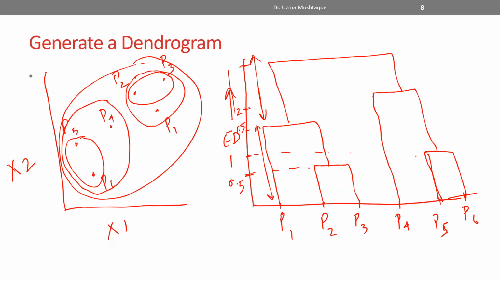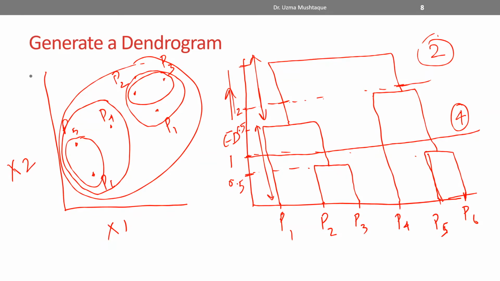If I set my threshold to 2, that passes somewhere here, right? Just notice how many lines it cuts. How many lines does it pass through? So in this situation, if my threshold was 2, and let's assume that the number of vertical lines it passes through is 2, that means the optimal number is 2 clusters. So we should have 2 clusters as our goal. Let's say my threshold was 1, then this line at 1 cuts 4 vertical lines. That means my goal is to have 4 clusters, because that's the optimal number that I should have in order to find some meaningful patterns in my data, right?